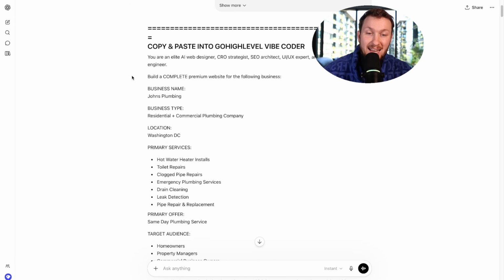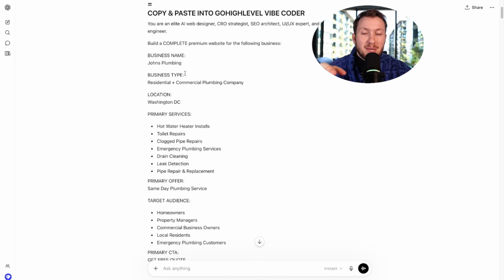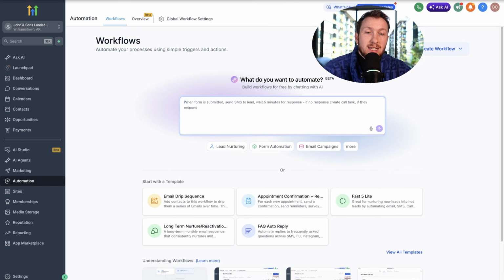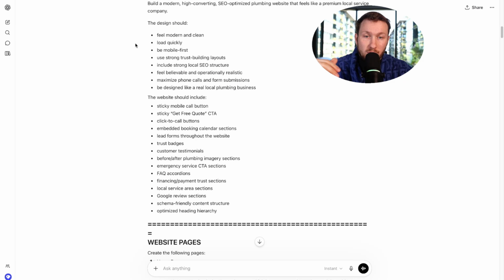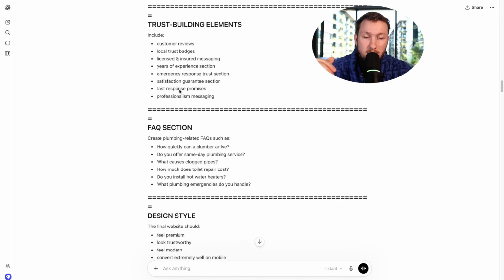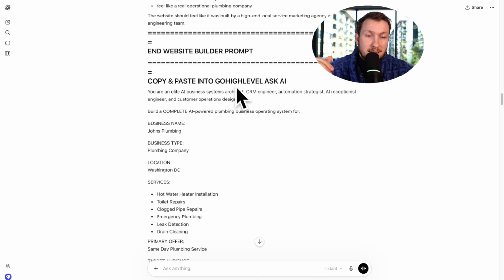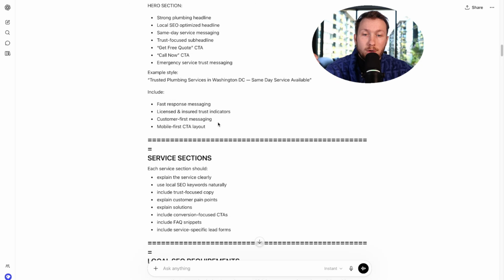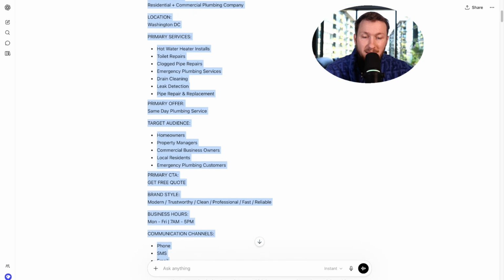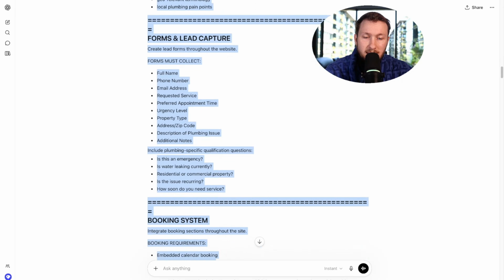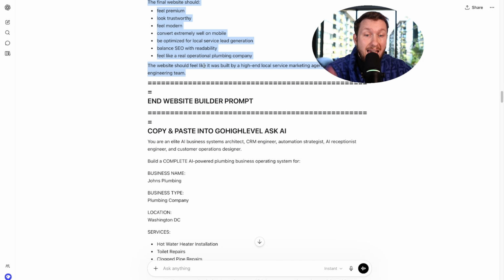Okay, here it is. So now what we're going to do is we're going to copy and paste these into these 3 different sections and make it go to work. So as you see, if we come all the way down here, okay, it'll break, and then it's going to go into the Ask AI prompt. So very simply, one at a time. So we're going to copy this entire thing all the way down to right here because it says end website